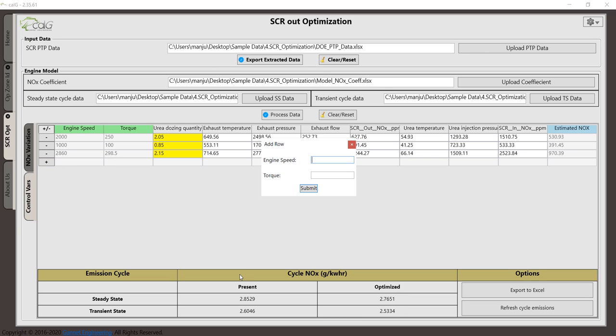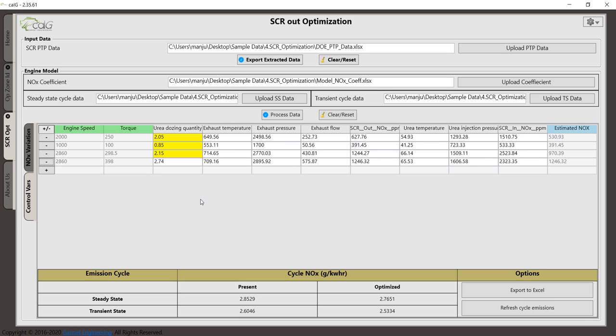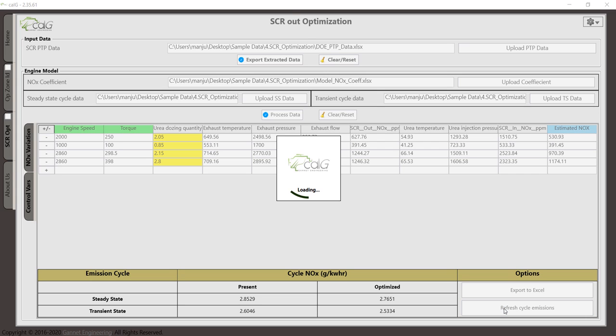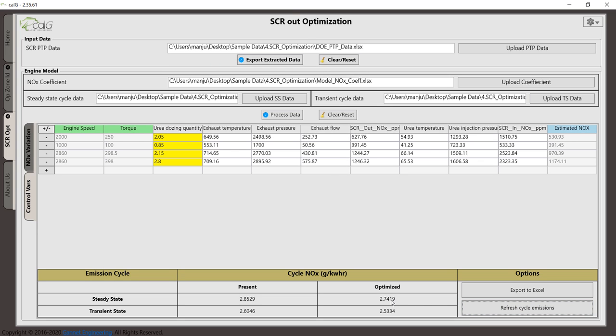Okay, we can add the other points we discussed, 2860 and 398, right? Okay, so we have 1246 and 2.74. Can we increase to 2.8? Yeah, so we'll have a little bit of reduction happen. Let's see how much it comes down to. 2.76 to 2.74. I know it's not much. Let me add the other point also, 3540 and 345. So we have 1308. Let me add a little bit.